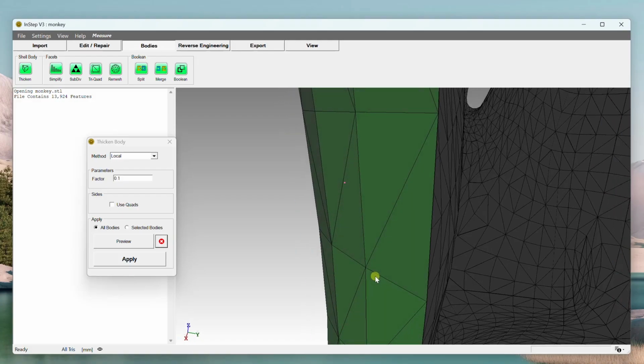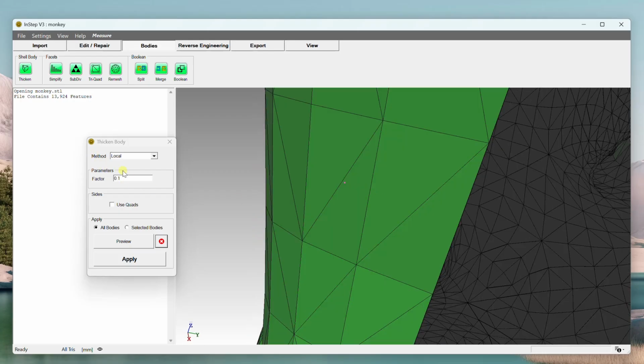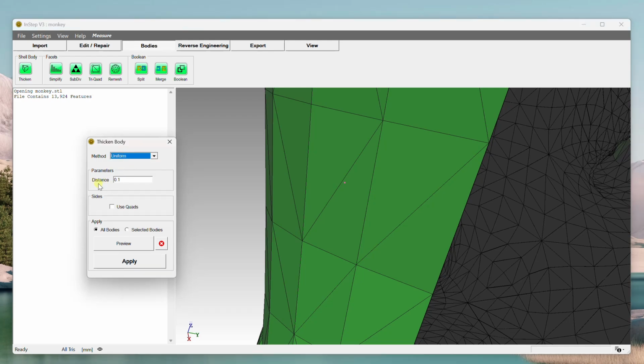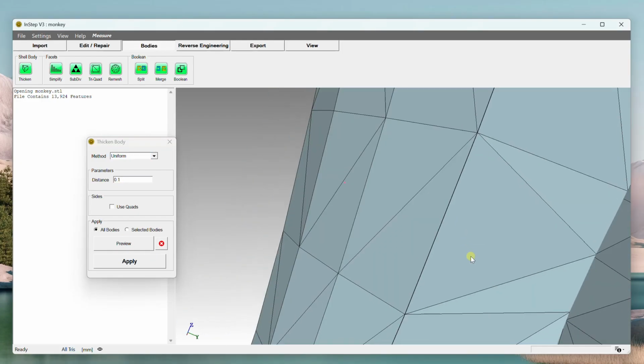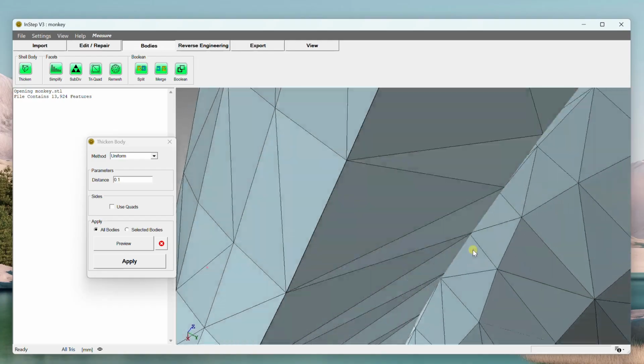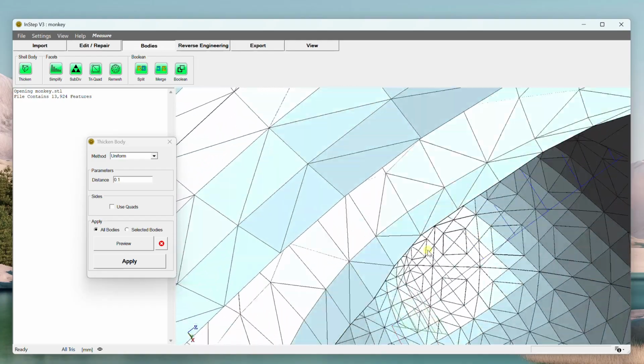Generally, you think that may not be desirable. You may want to have a constant thickness offset. The reason for this being maybe preferred is that if you have very tight spots, the local offset will still function properly, whereas a constant offset may cause issues. That being said, we do have the option of doing a uniform offset, and now this turns from a factor into an actual distance. So if we do a preview, and we'll zoom out a little bit to actually show this better,